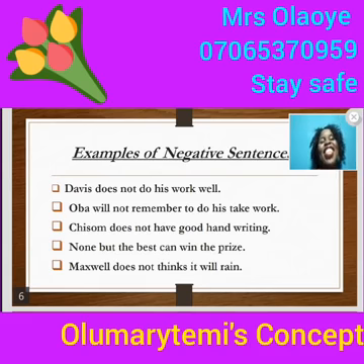So Chisom does not have good handwriting. None but the best can win the prize. You remember that the former one was only the best. Now none but the best can win the prize. That made it negative. And lastly, remember